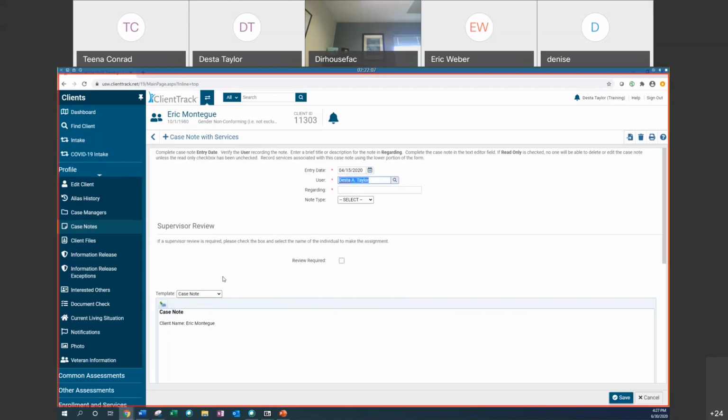So the one thing that I do recommend is, you can see here that regarding is required. I recommend doing something more than just case management note with this, because when those are saved, on that previous search form, you can sort and search by that, which is cool, because if you know that you need to look for a specific ticket, you can go back through and look at this, and you're not going to have to go into a bunch of different tickets to find it. So I'm going to say